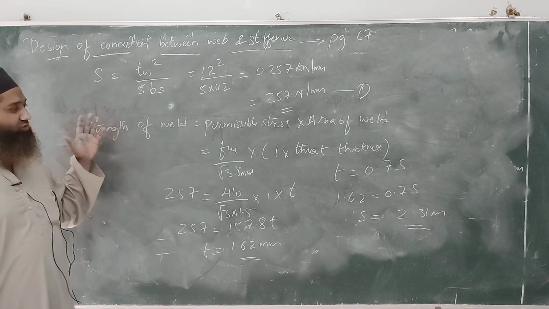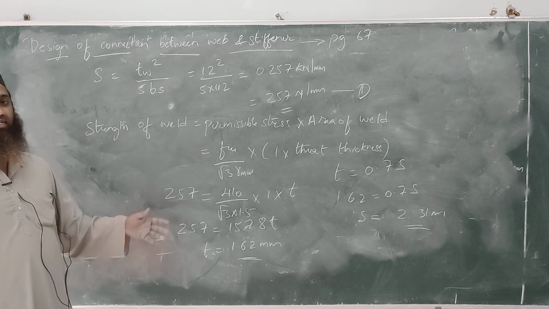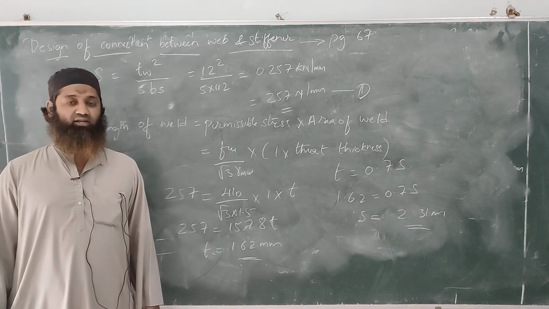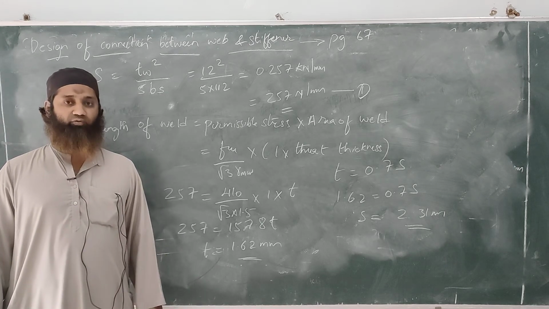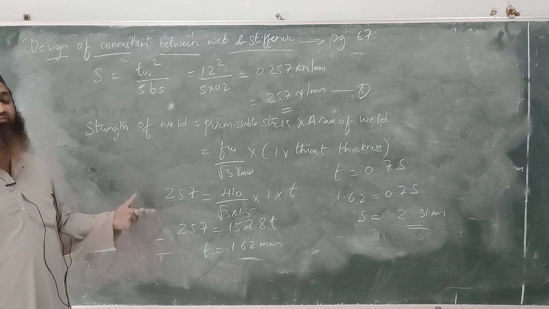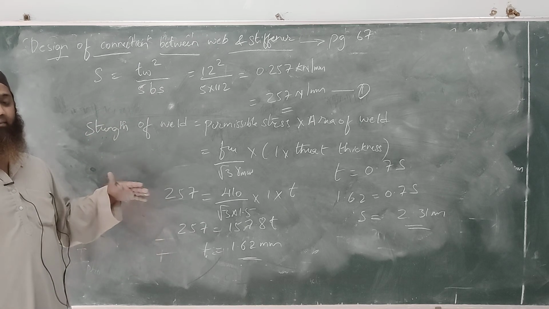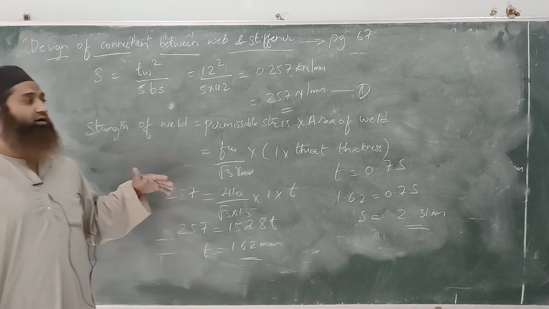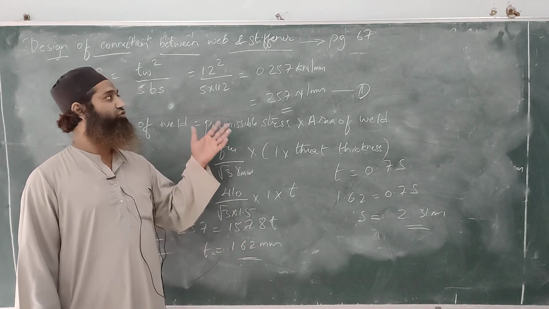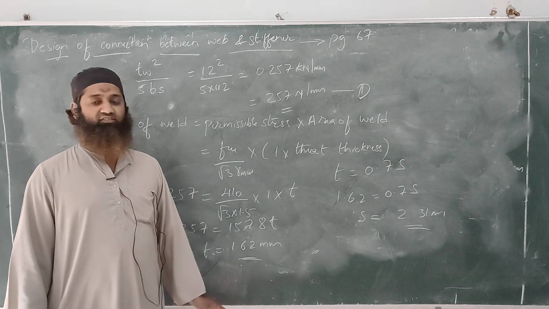I can just tell you in 2 minutes how the steps go till the end. Step 1 is the spacing of the stiffener. Step 2 is the outstand of the stiffener, and step 3 is the moment of inertia to be provided. Step 4 is the moment of inertia we calculate from the code book, and step 5 is the buckling resistance. Everything is given in the code book. You just need to go step by step. After calculating the buckling resistance, if it is safe, then we go for the connections. If you do all this, the intermediate stiffener has been provided.